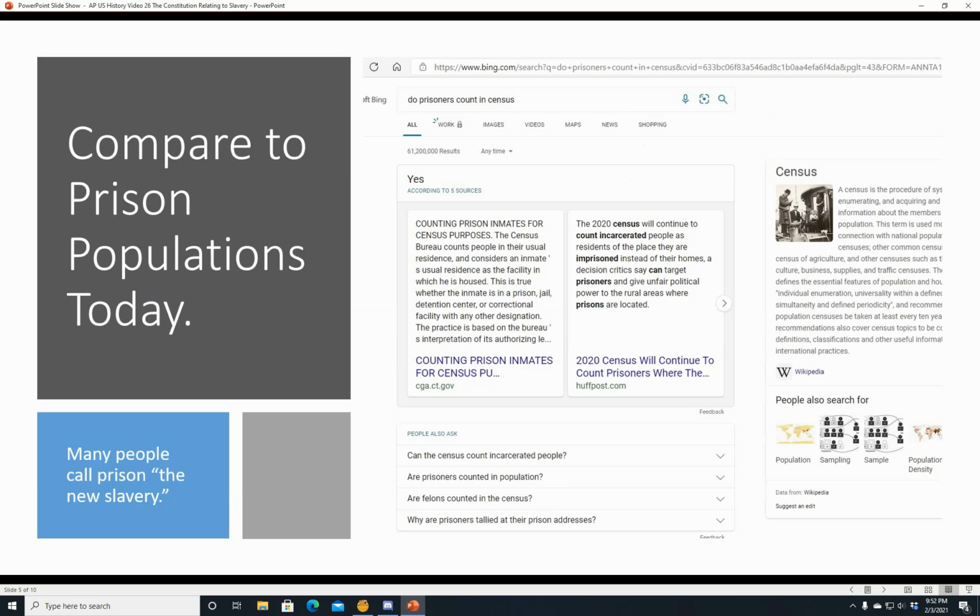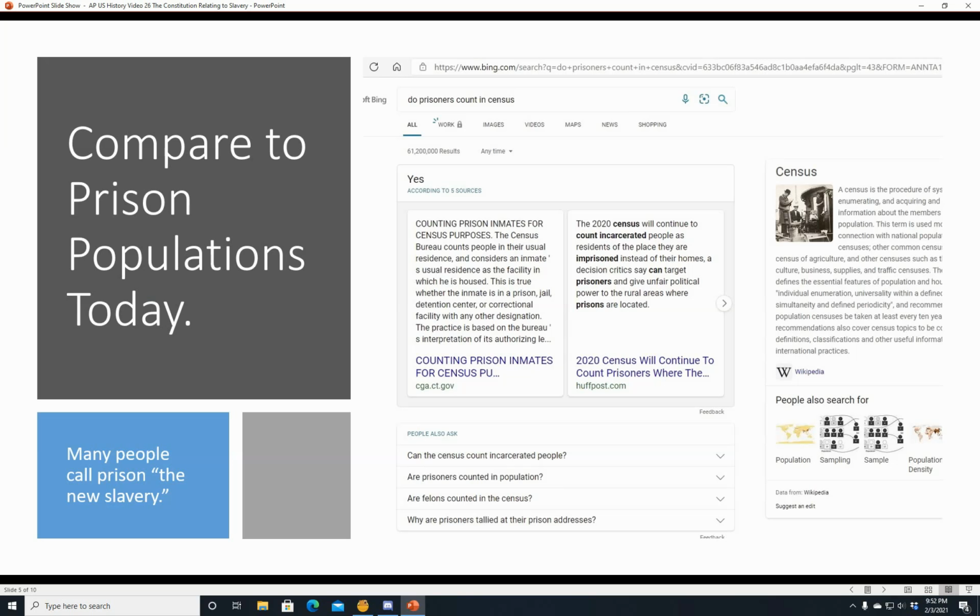So we can compare this problem to prison populations today in the United States. Many people call prison the new slavery. For example, I did a Bing search about 2-3 days ago: do prisoners count in census? That kind of auto-filled as I was typing it in. So yes, according to 5 sources, according to the census and the Huffington Post, basically